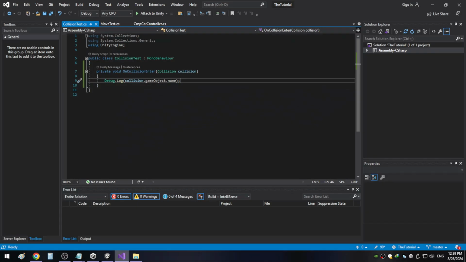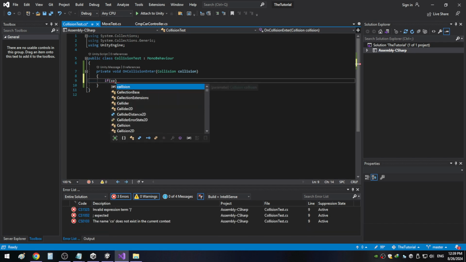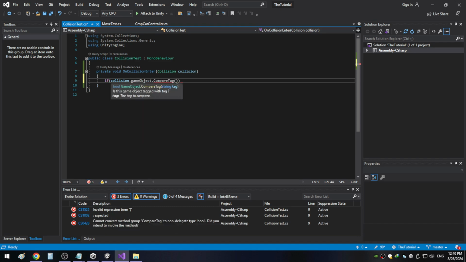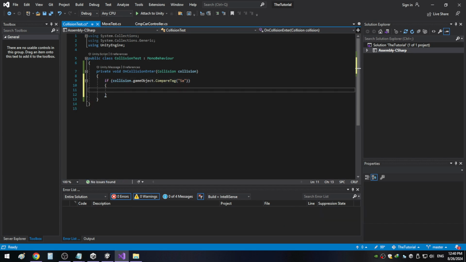And as you can see, this function calls every frame that we want to. We can implement a logic. For example, we write a code if collision.gameObject.CompareTag and write a tag, and then we do some logic. For example, if this collision test was for a bullet, we can see if our collision game object tag was enemy,